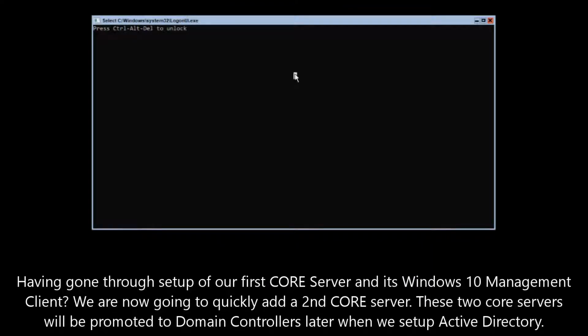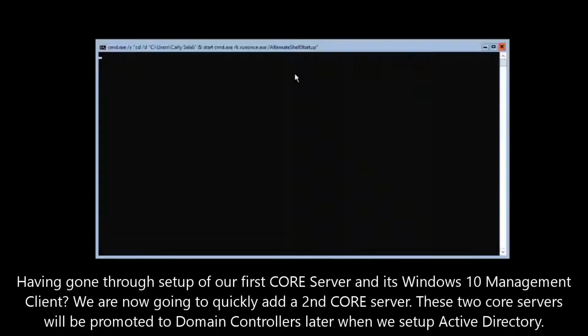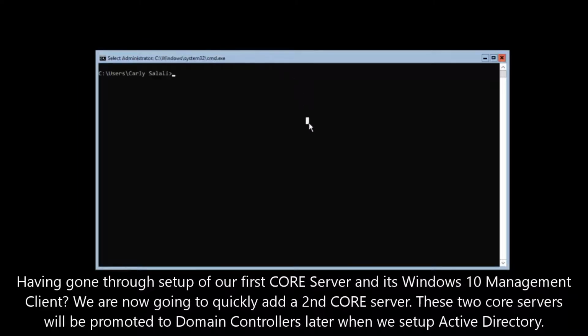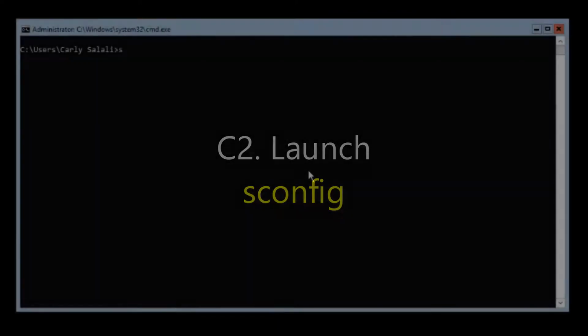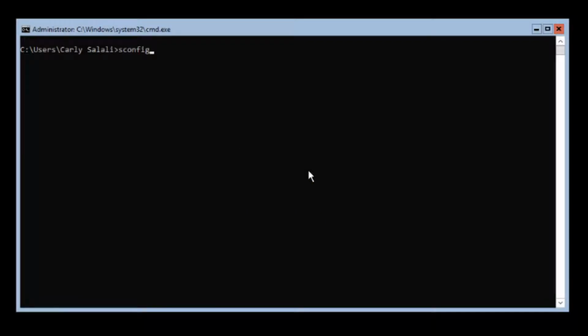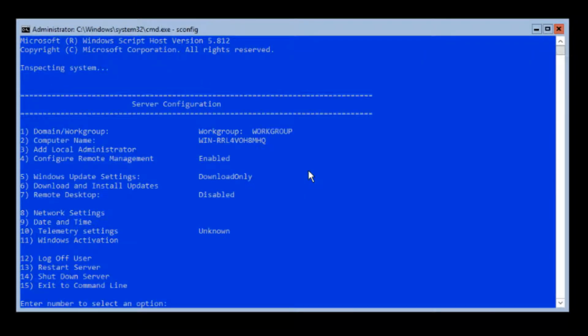This is just a second core server that we set up. So just installed 2019 in core mode. And same thing, I want to use sconfig. And we'll go through and we'll change